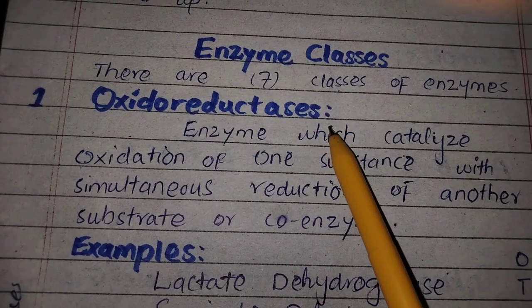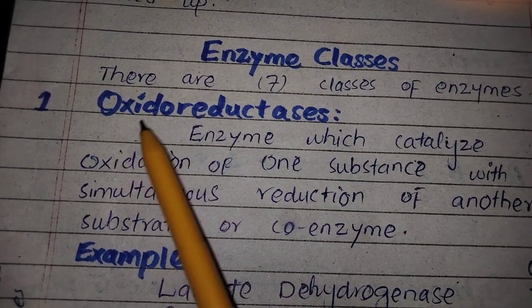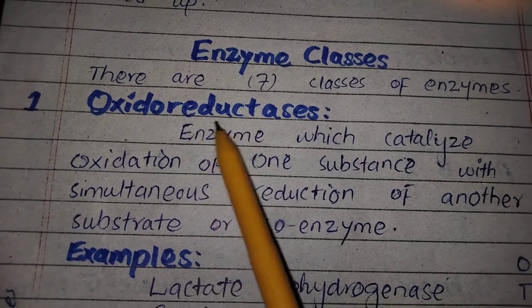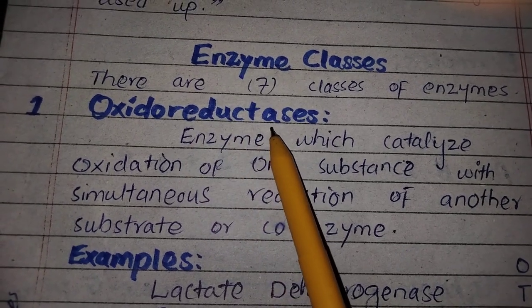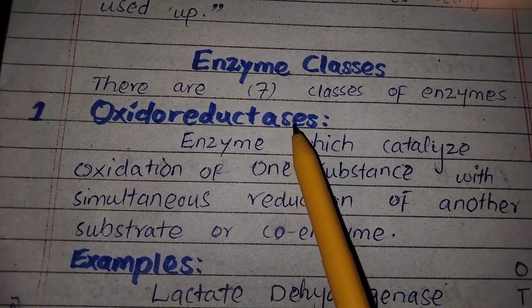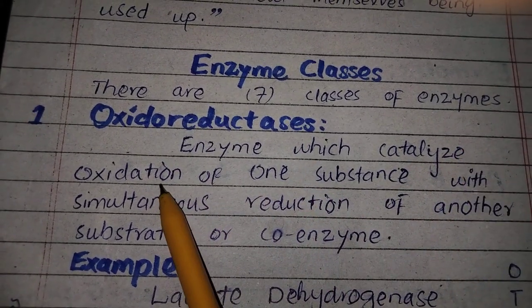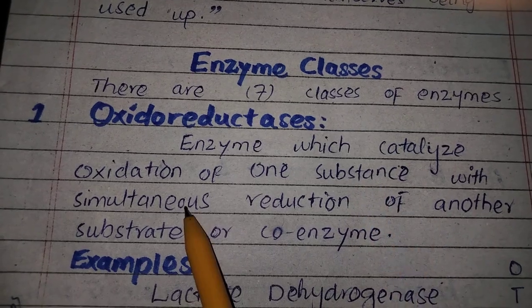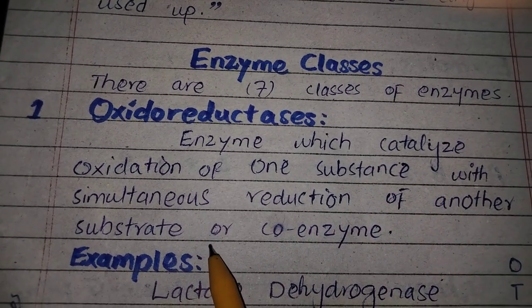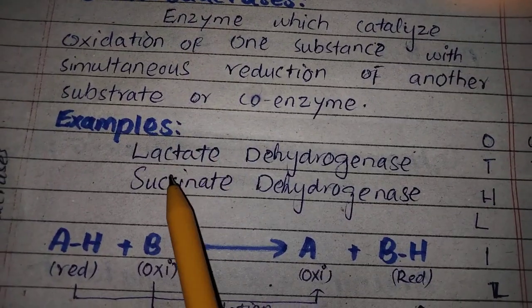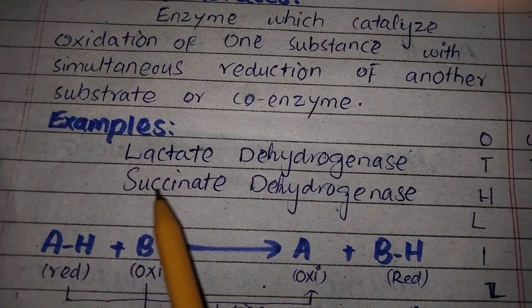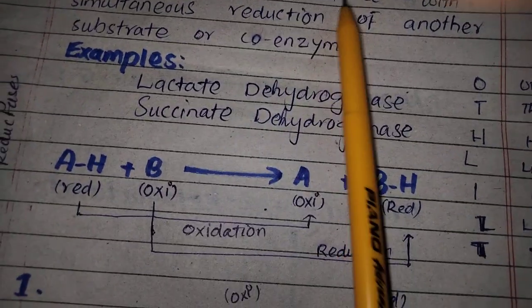The name itself shows oxido means oxidation, reductase means reduction, ase, and we know ASE suffix, it shows enzymes. So these are enzymes which catalyze oxidation of one substrate with simultaneous reduction of another substrate. The examples are lactate dehydrogenase, succinate dehydrogenase. Here is general reaction for